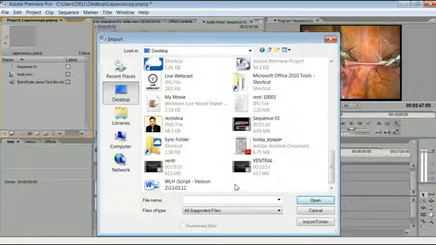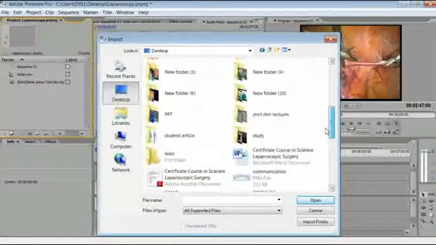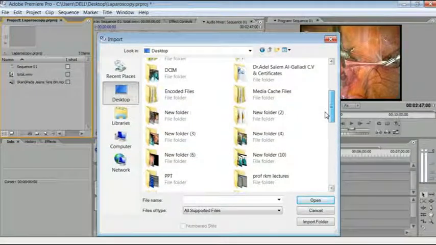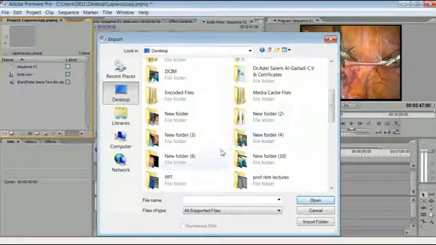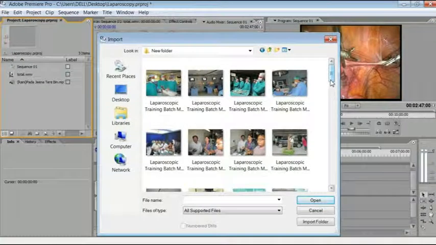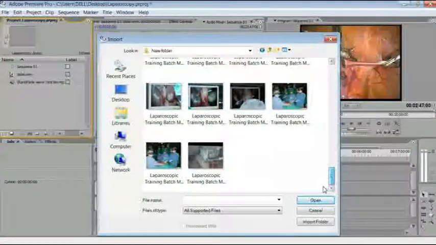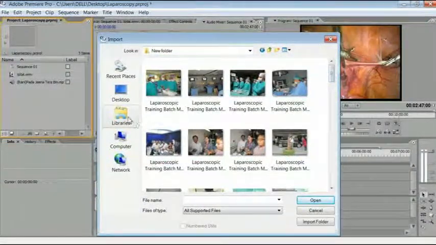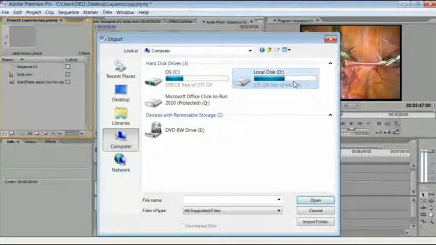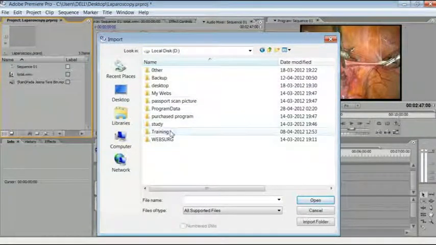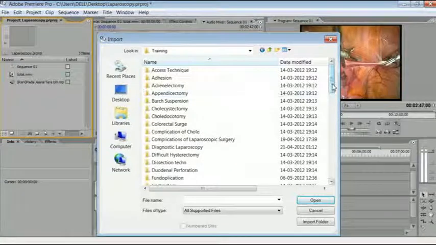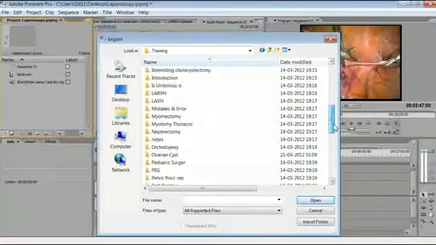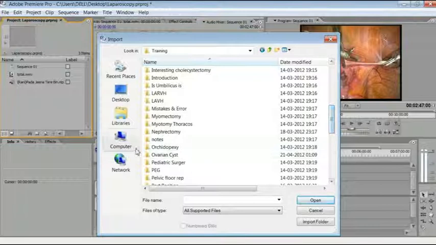I have one ventral hernia video, but with the hysterectomy, ventral hernia will not have a good combination. So let me see some more videos. Let us go in hysterectomy itself,